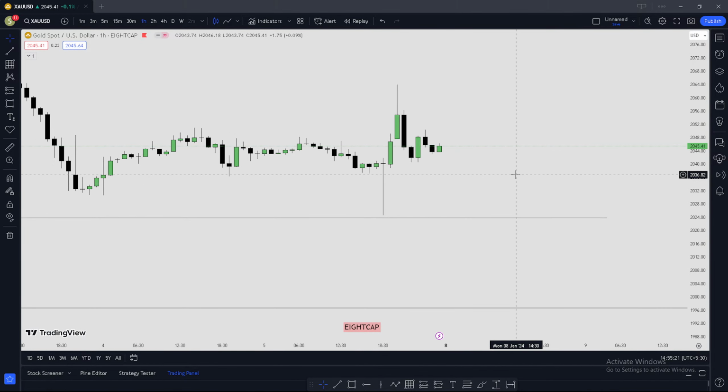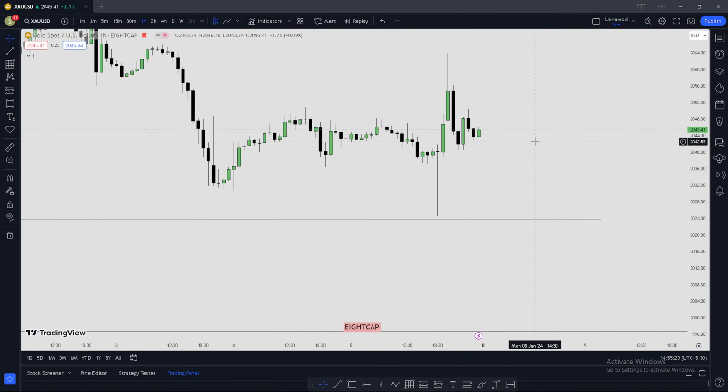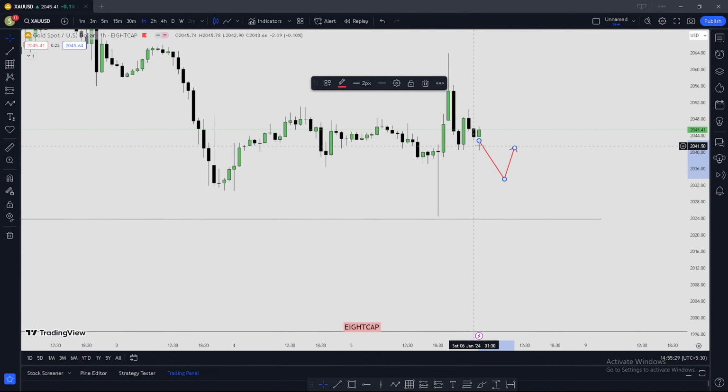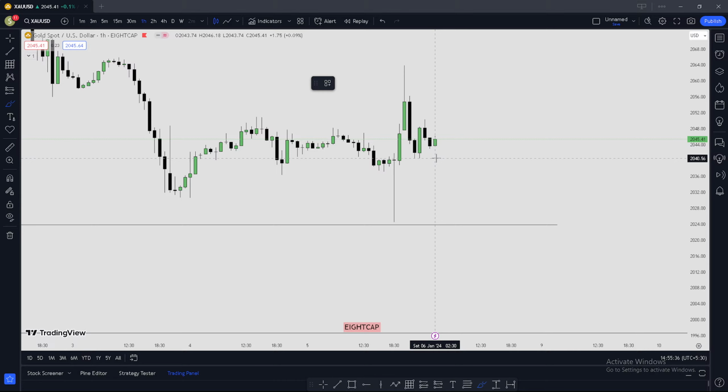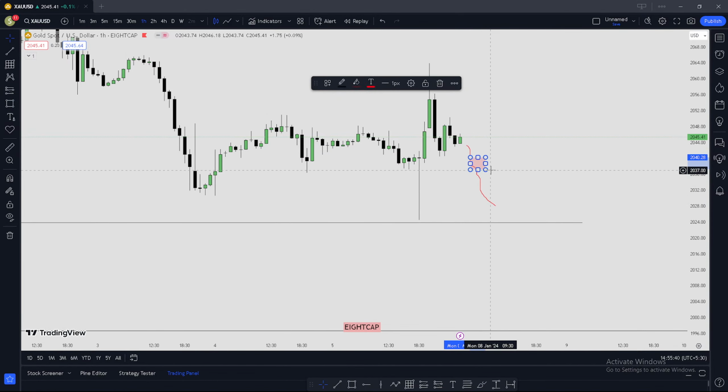So we are waiting for the price to go a little down, and then retrace, and if it gives us a fair value gap somewhere in it, then definitely we are planning to trade. Okay, so we are waiting for the price to actually come down, give us a fair value gap around it, so that we can initiate our trade somewhere.